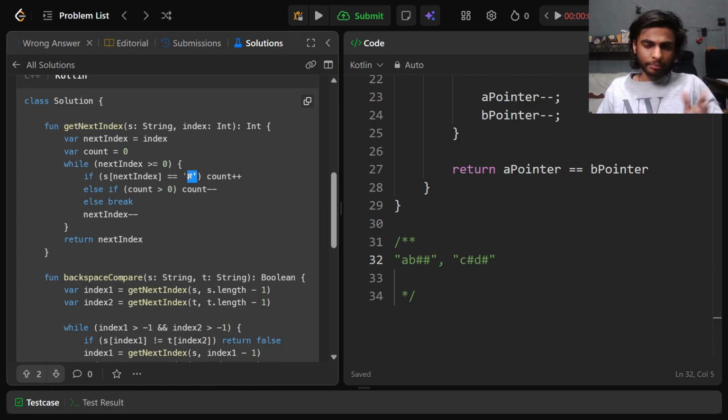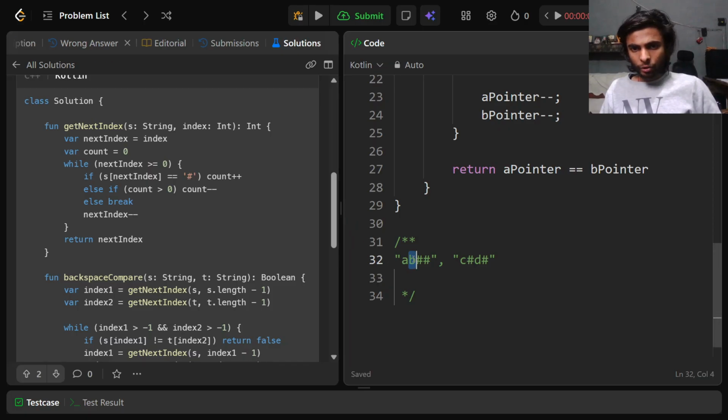Okay, there is another hash symbol at this index. Increase the count. Now count is 2, meaning there are 2 hashes. Minus 0, 1. Now my next index is 1. Now this condition will run. Code inside this condition will run, which says that